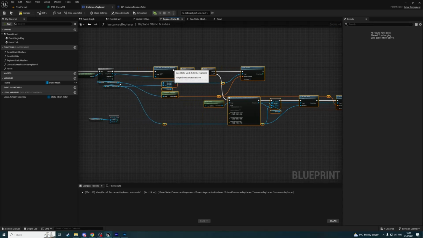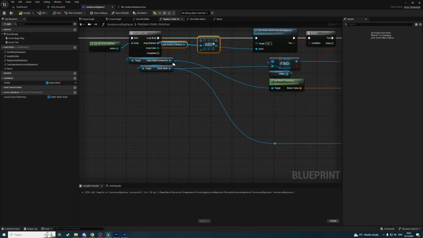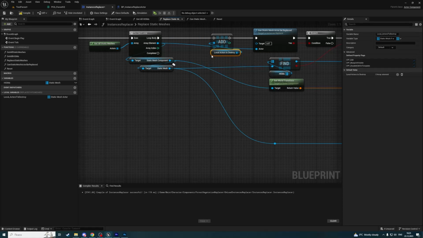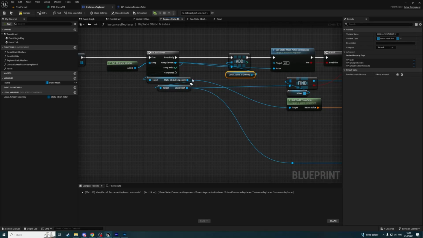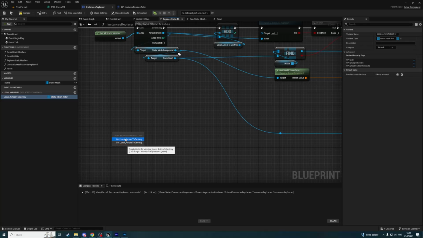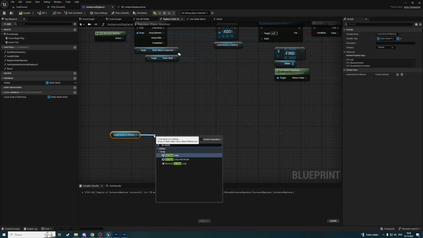Let's move it all to the right. And on every loop, we're gonna add an actor to this array, like this. And on completed, we're gonna get all actors to destroy, and for each loop,